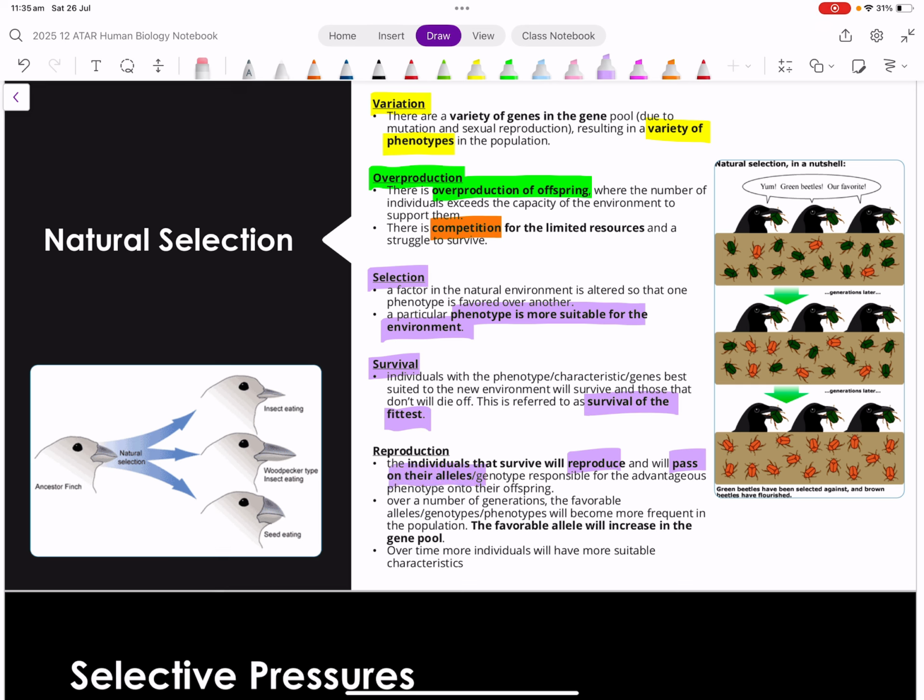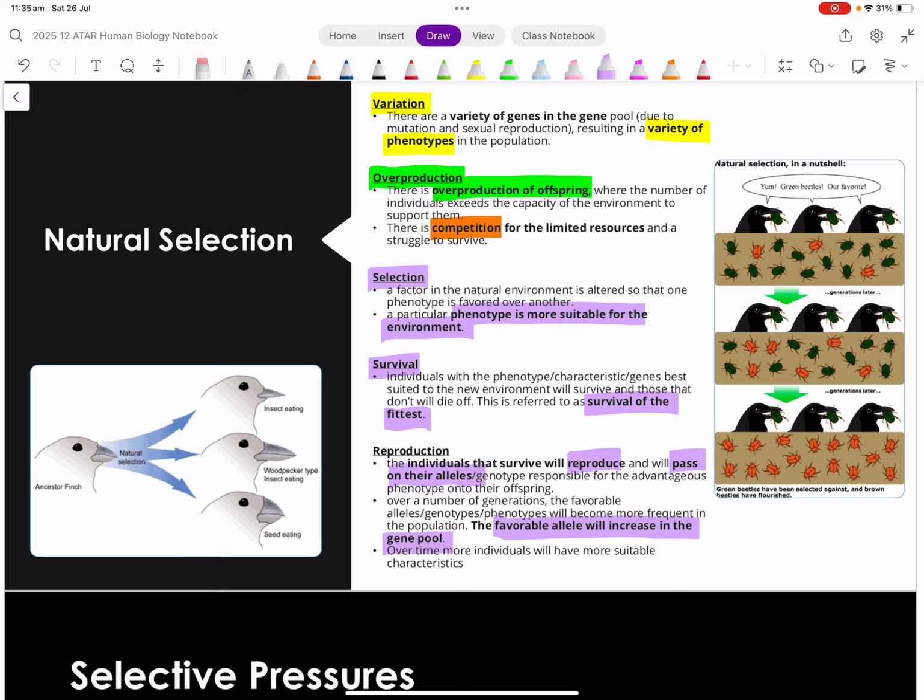Now, we've spoken about mutations previously, and we've said there are somatic mutations and there are germline mutations. If this is a somatic mutation to an allele, it's going to confer an advantage to that individual, but it won't be passed on to their offspring. So this here is looking very specifically at a favourable allele in the germline cells, the cells which constitute the gametes and provide the genetic information for offspring.